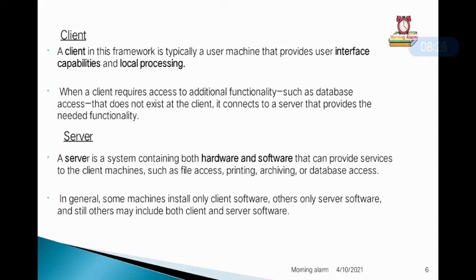So a server in this architecture is nothing but the hardware and the software which provides access to the client, like file accessing, printing, archiving, etc. In general, some machines install only client software, others only server software, and still others may include both client and server software. So some machines only contain client and some server, and some may include both client and server.